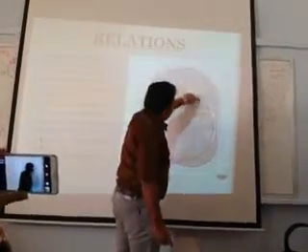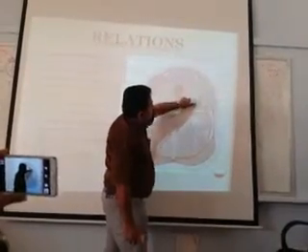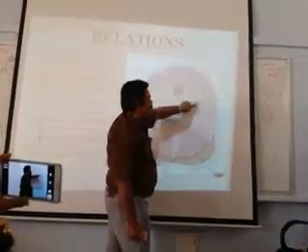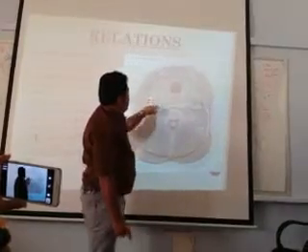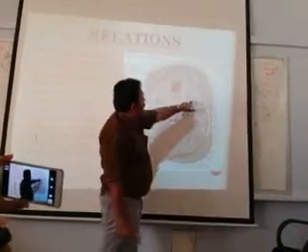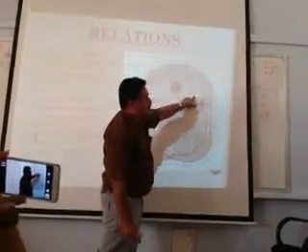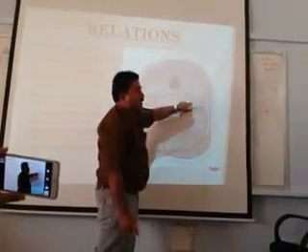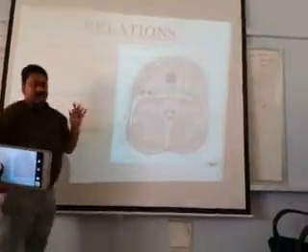Whereas posterolateral, it is related with, what is this? Carotid sheath. Carotid sheath. Yes, very good. Posterolateral surface of the thyroid gland, it is related with the carotid sheath. Okay.